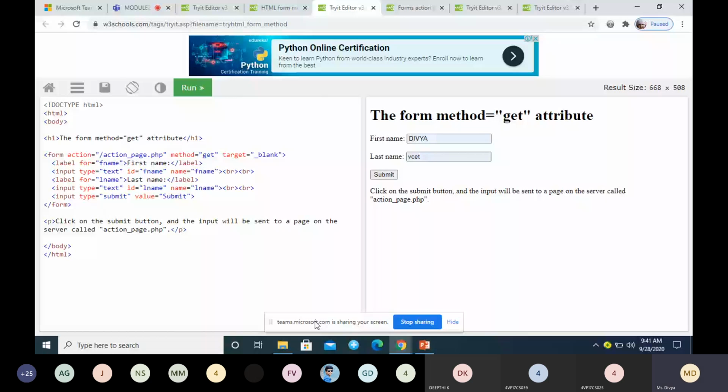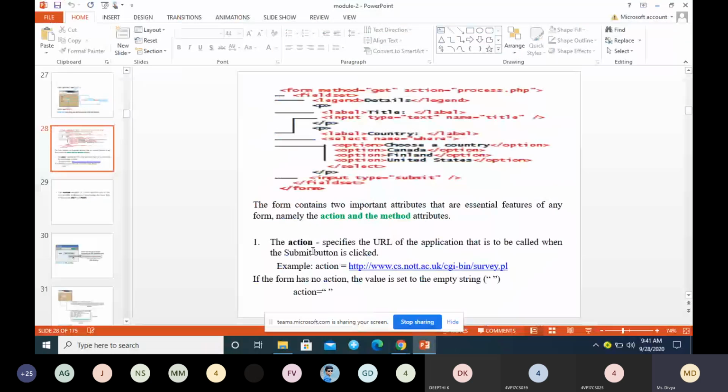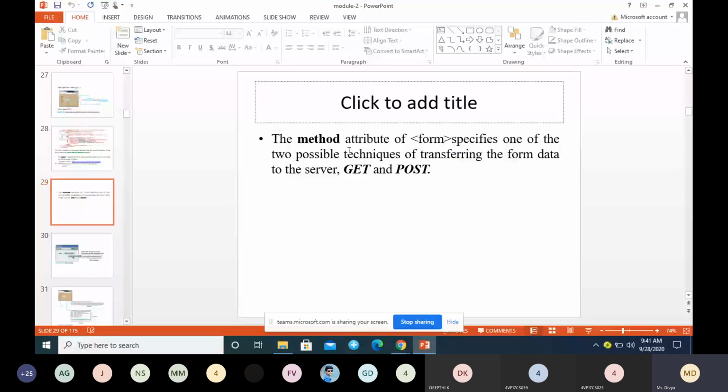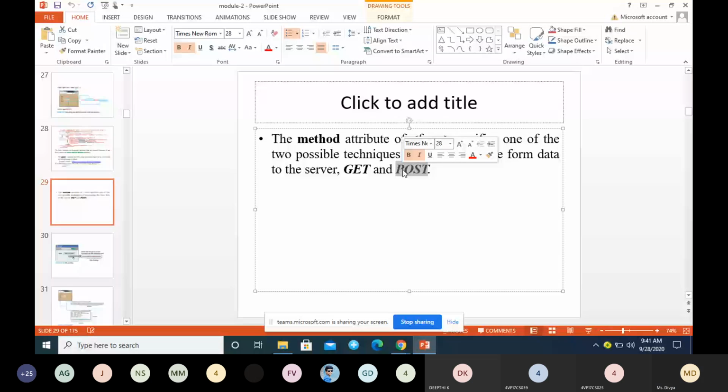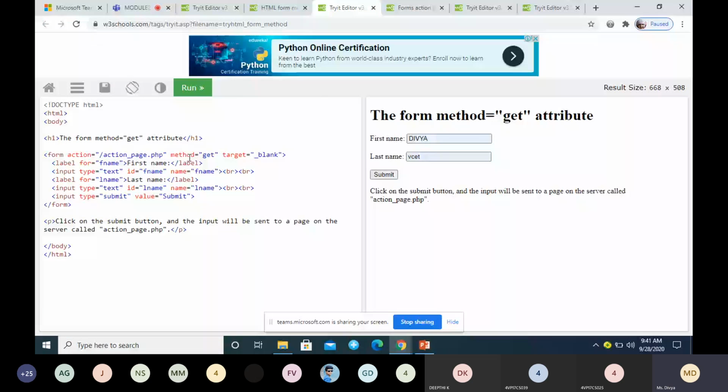So that is about the action attribute. There is one more attribute, method, which normally takes two values. One is get, another one is post. Here we have specified method is equal to get. And when you enter the data,